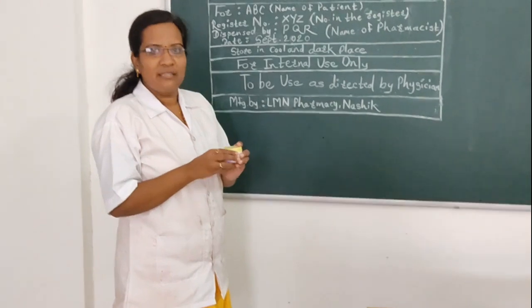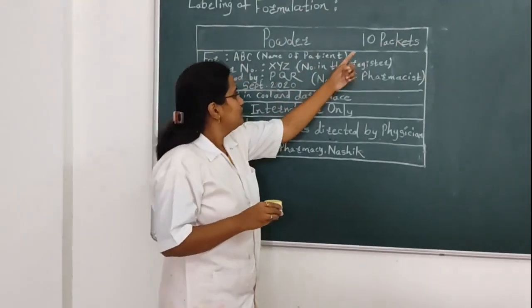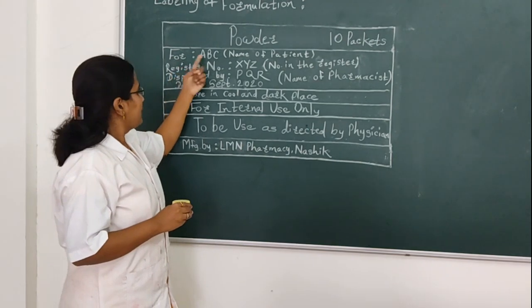So we will move towards labeling of the formulation. Powder containing 10 packets. For ABC, means name of